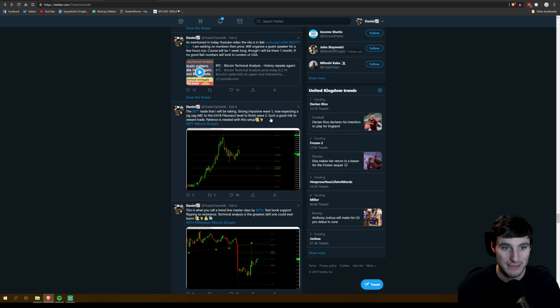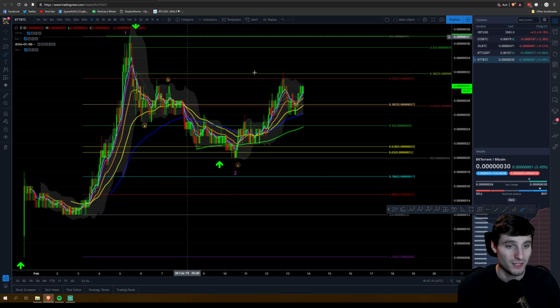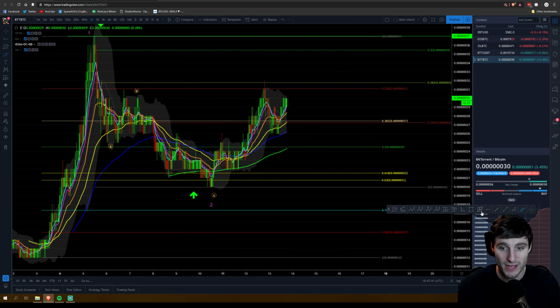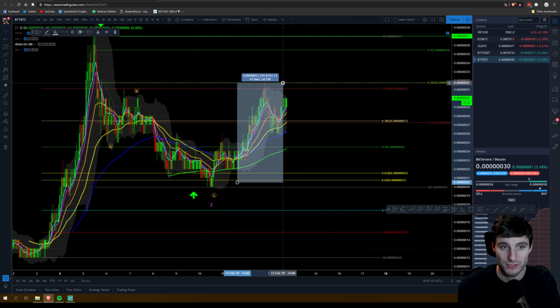As I said, this ABC zigzag, ABC to the 618 Fibonacci level, and you see what happened here. We formed the A, B, C. Where did we come down to? We came down to that golden pocket area, and then from there we have seen a 50% move